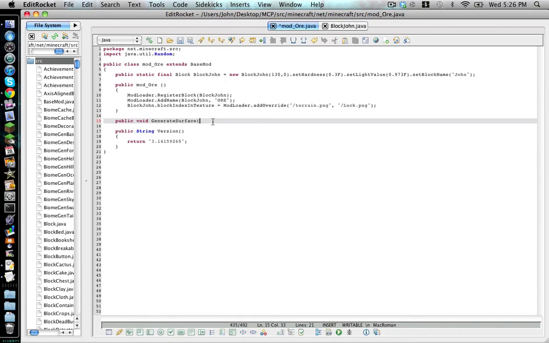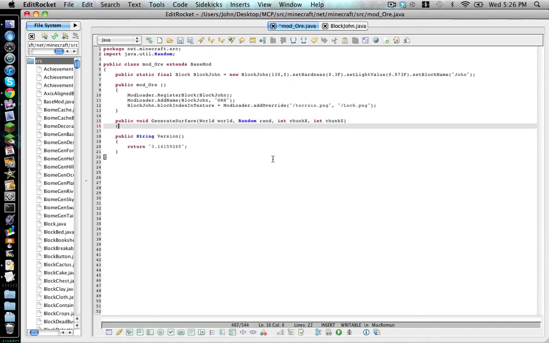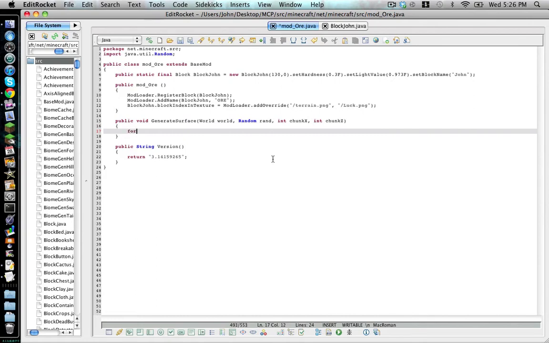Next, I'm going to open and close brackets, go in between those and type World with a capital W and another world but with a lowercase w, then comma, Random rand, comma, int chunkX and int chunkZ. Next, we're going to hit enter, opening brace, and then we type for